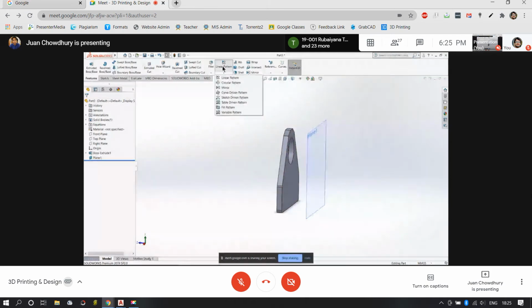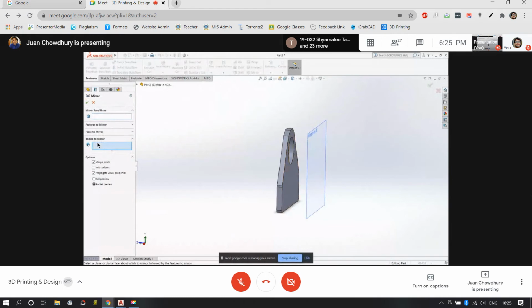Go to linear pattern, click on mirror, and then go to bodies to mirror, select the body. As you will see here, there's something called merge solids, which means that any geometry that you make on top of this part will be counted as one single part, one solid object. Now, because this option is selected and I have mirrored this particular object about the plane,